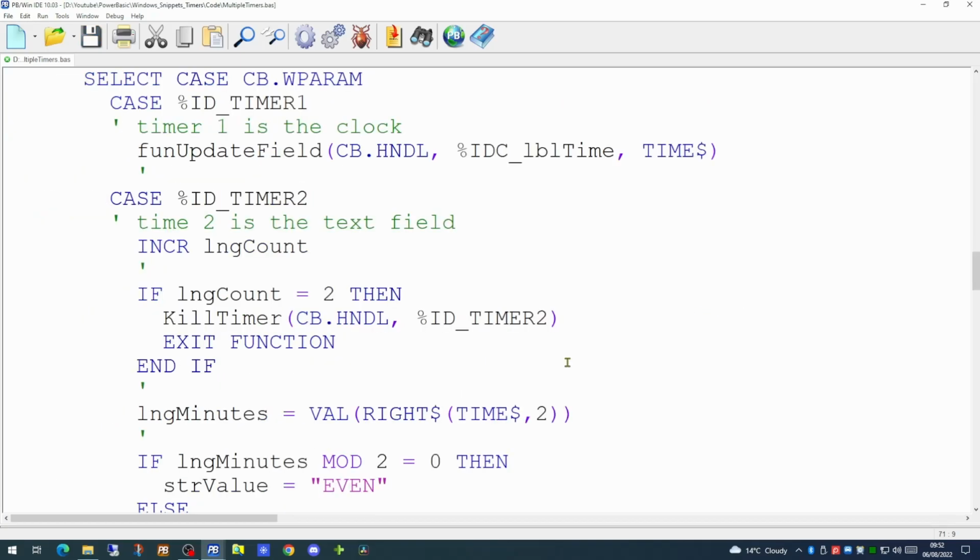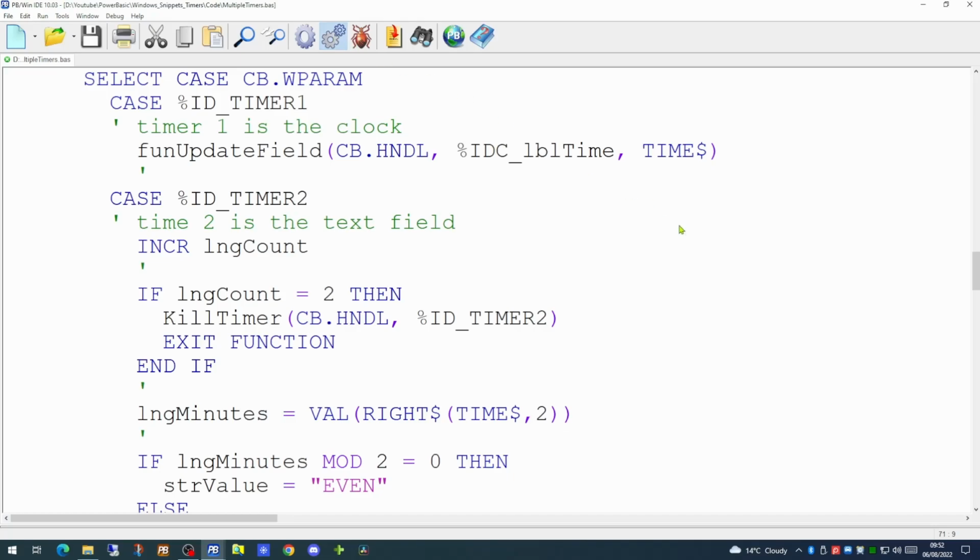So what should happen when we run this code is the timer will trigger every second, and the clock will be updated on screen. And since long count is currently 0, it will be updated to the value of 1. The text on screen will be updated to even, and then 5 seconds later it will be updated to the value of 2, and at that point it will not update the value from even to odd, so we should only see even appearing once.